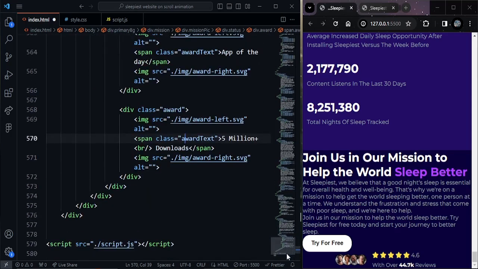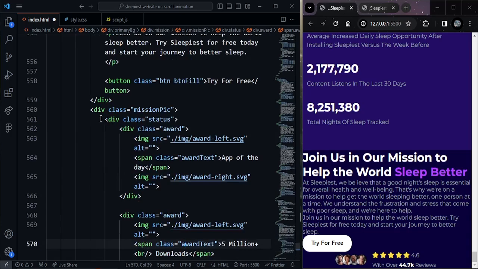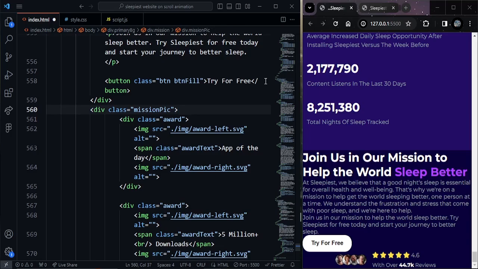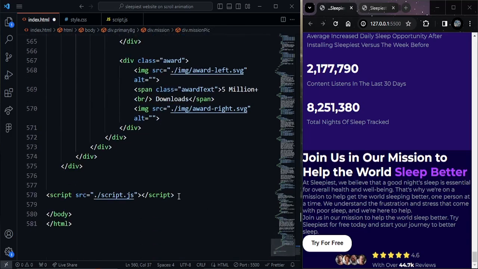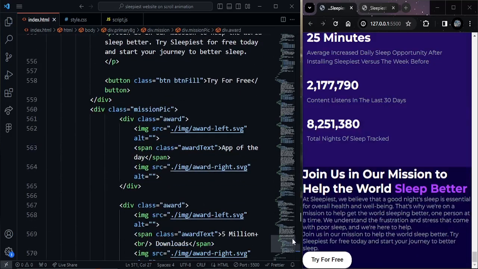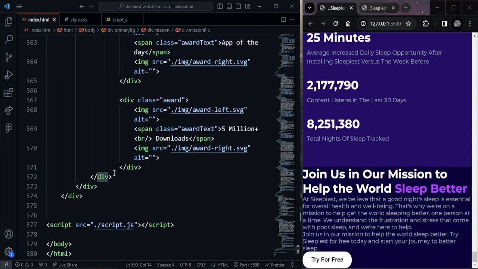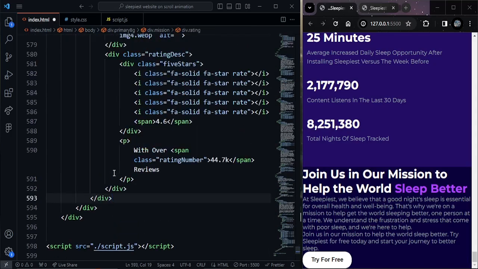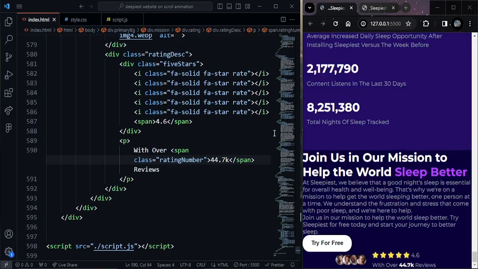Just let us remove this status element, again from here remove one of them, and then next to the mission pic we're gonna paste this rating container,